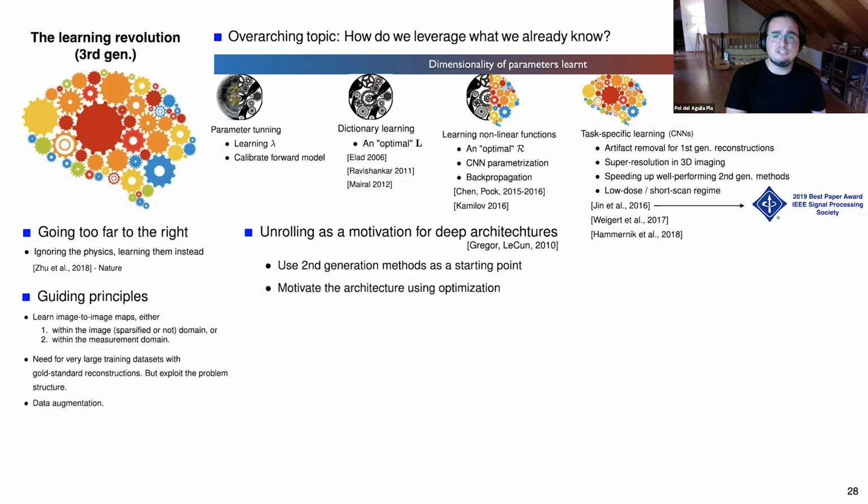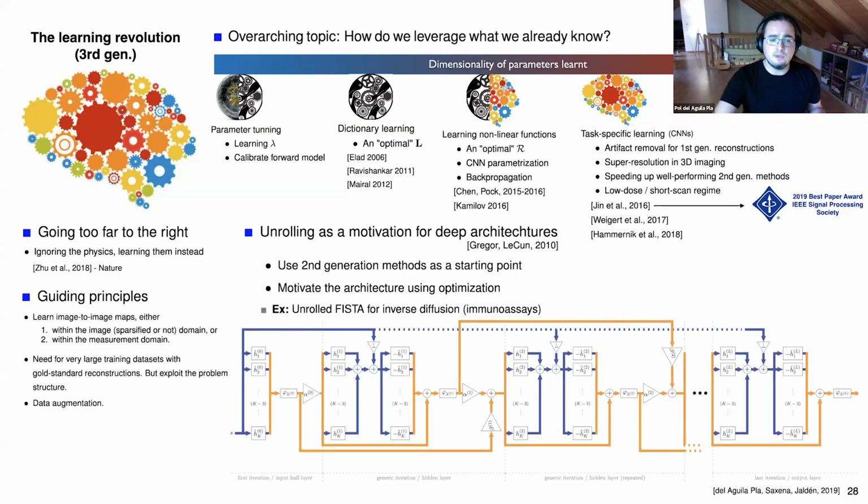My favorite strategy for developing deep neural network architectures is that of unrolling, which is based on a paper by Gregor and LeCun in 2010. So there you basically use second generation methods as a starting point for a deep neural network, which motivates the architecture using optimization. In fact, what you do is you have